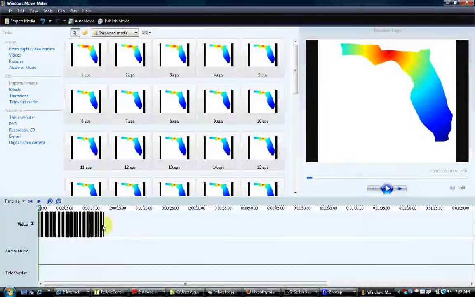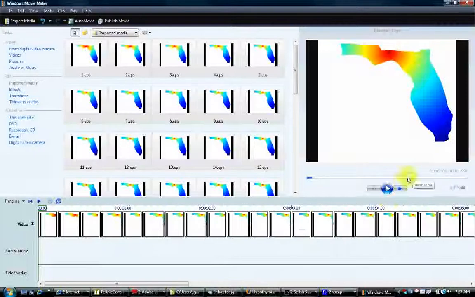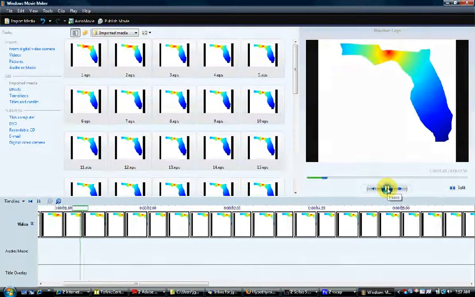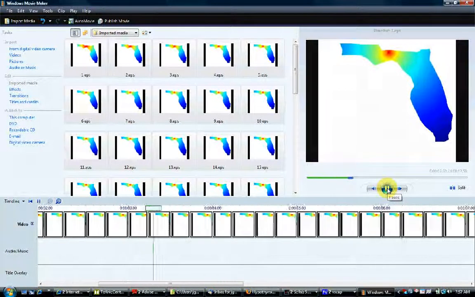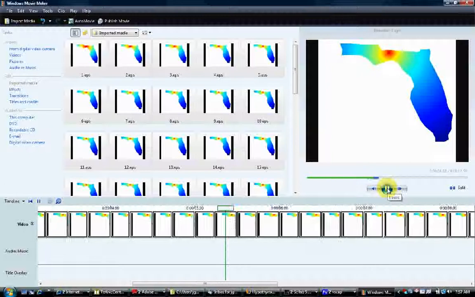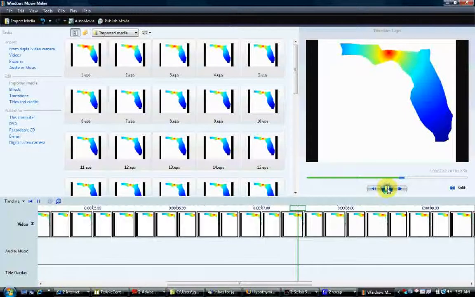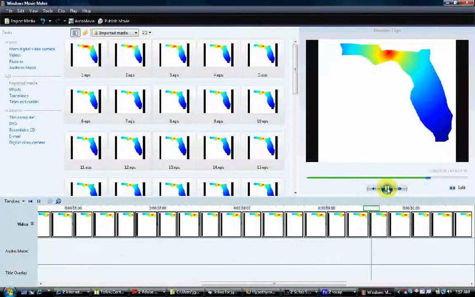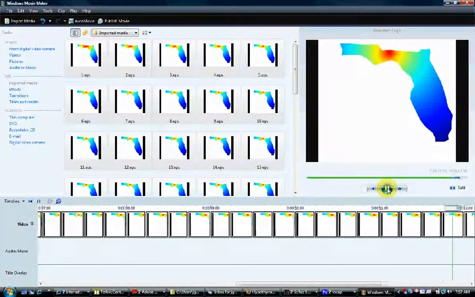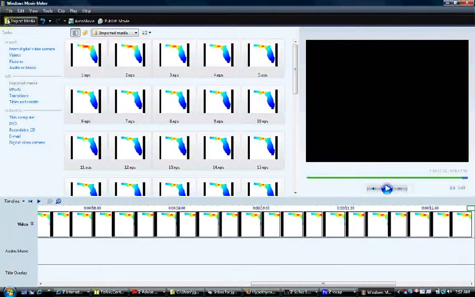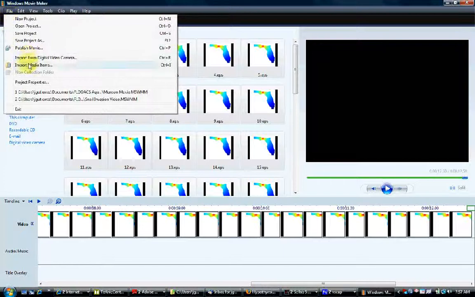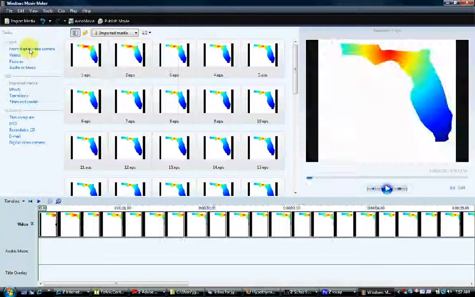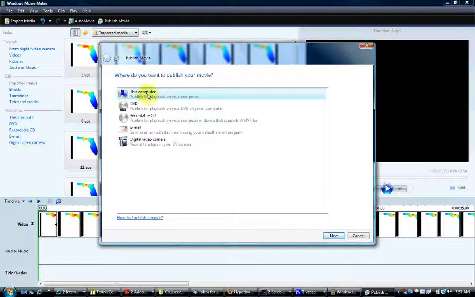And once it has been done, we can execute the video or play the video. And that's exactly what we see here. Very good. Once we know that the video is working properly, we go to File, Publish Movie, select This Computer,